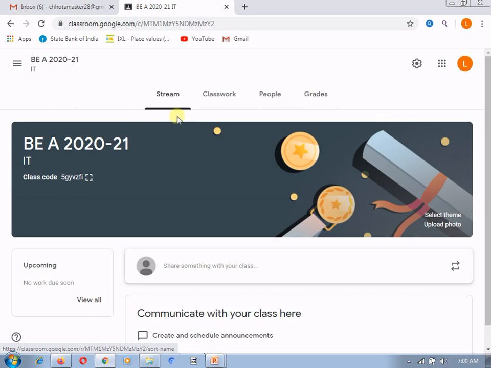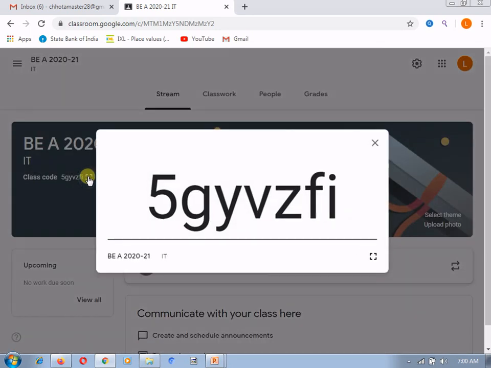Okay. Now after that, you can see over here whatever classroom name you have given is appearing, and whatever section or division you have given is appearing over here. Mainly the most important part is the class code. Whenever you are creating a Google Classroom, a class code is created by Google. This class code is unique for every classroom, and this is the key with which the students can join your class. If you want to maximize or display it, you just click on this square and here you can see the class code.